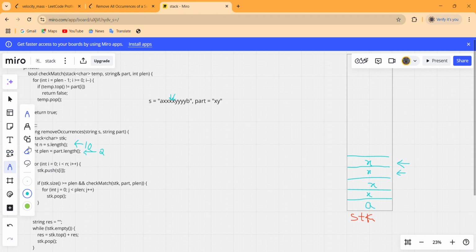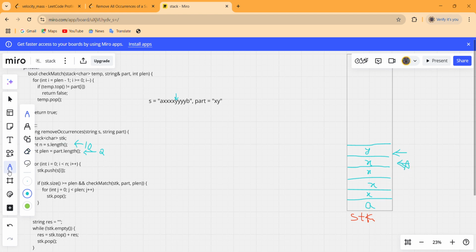So let us erase the previous pointers, and this time as our i increases, it goes to this y, and this y is pushed into this stack. But this time when this check match function is checked,